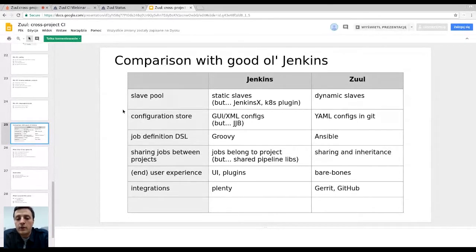While Jenkins has a very rich plugin ecosystem, where you can find plugins to display statistics from unit tests and things like this, in Zuul this is mostly do-it-yourself. And Jenkins has plenty of integrations. It can integrate with different code review systems and with different source code repos, while Zuul is